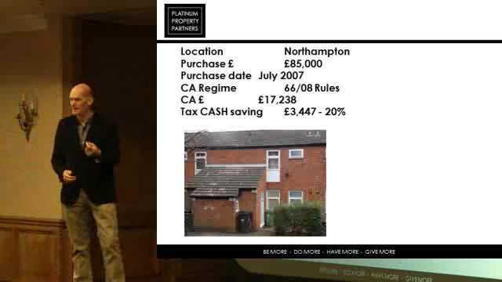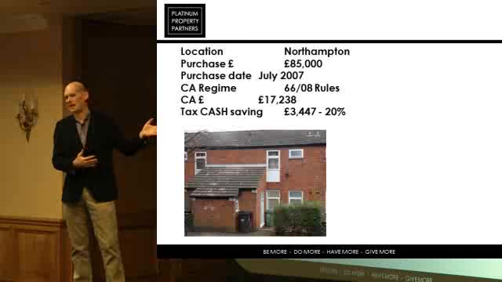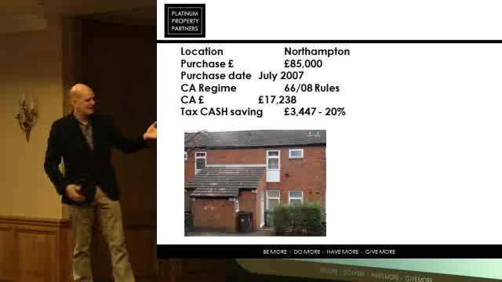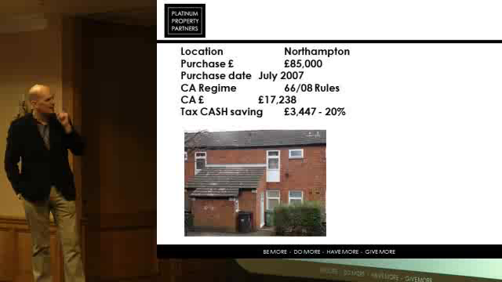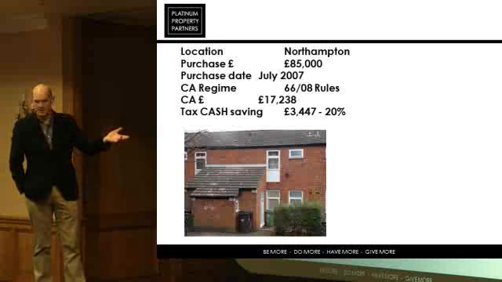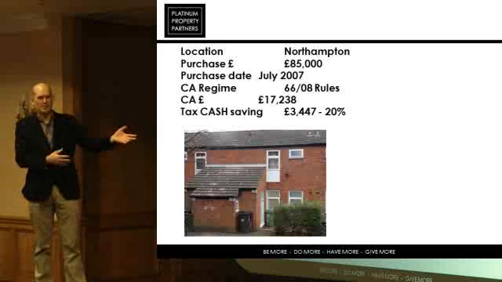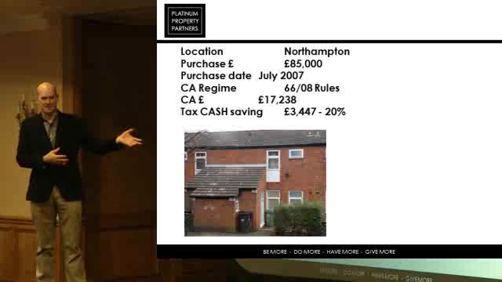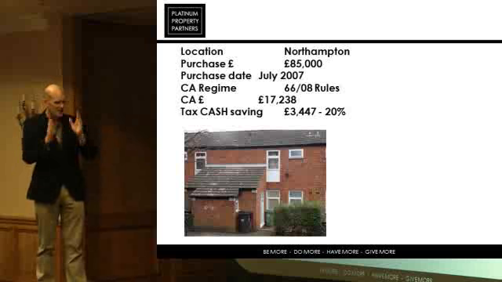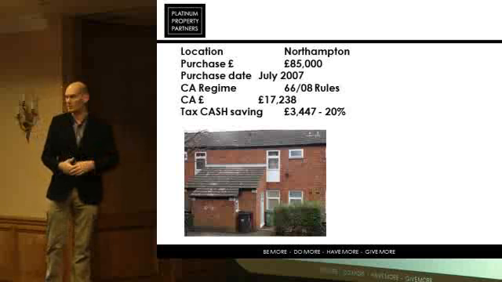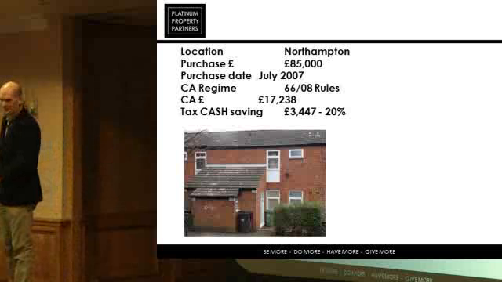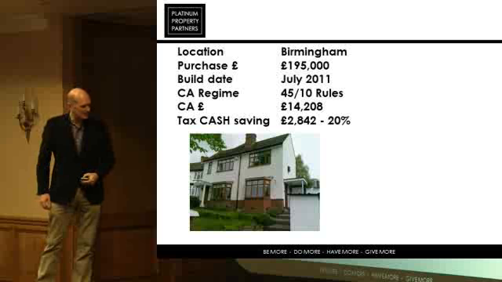But let's put this in perspective. How much money would you have to put down for an £85,000 property? £15,000, £20,000, something like that? To get 3.5 back makes a massive difference to your investment there. Phenomenal. And obviously you're still getting rental income. The main purpose of the investment, of course, is to make your profits, and that should always be the first thing that you look towards. You make the business decision to buy the property, and the tax element of it is almost like an added bonus, a tax bonus. This is in Birmingham,